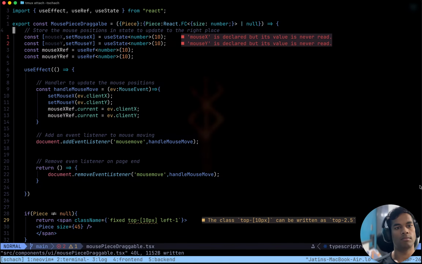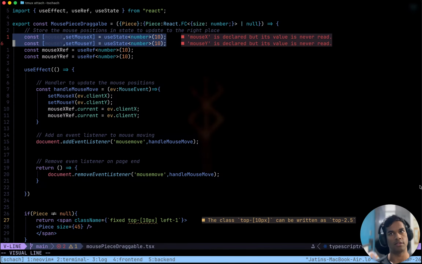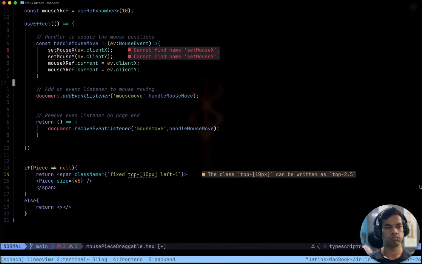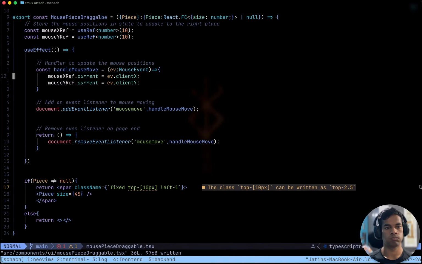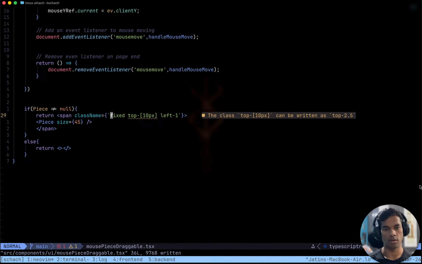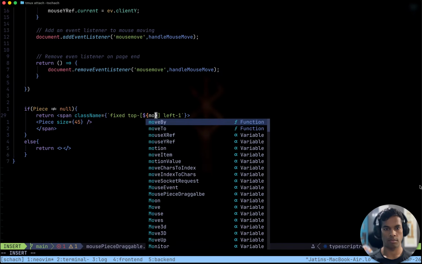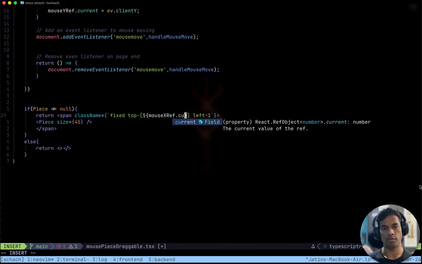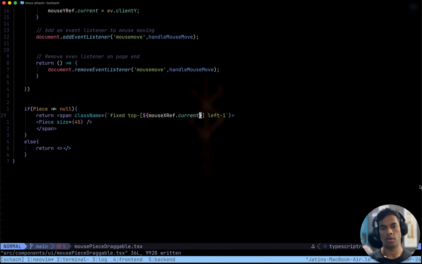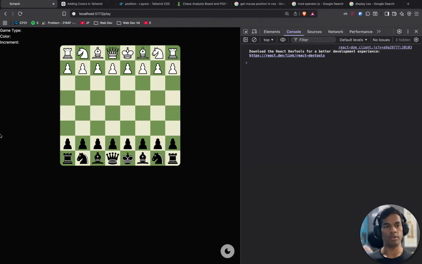We don't even need the state. We do need the state to make the re-render happen. Let's say we are using ref, substitute mouse x ref dot current pixels. Do we see 10?